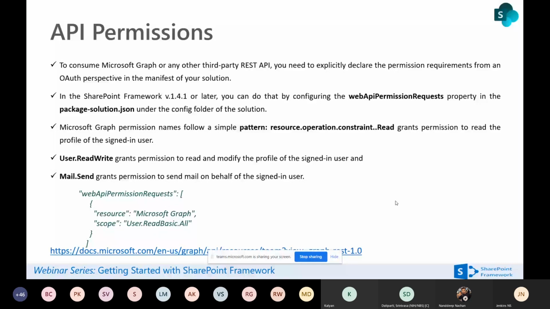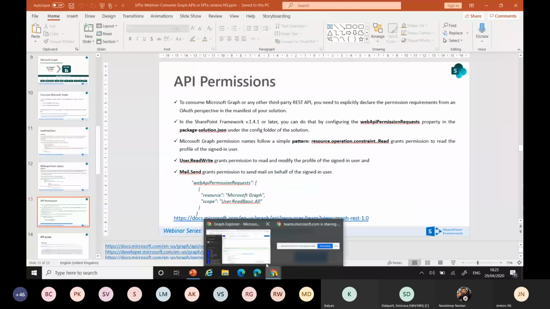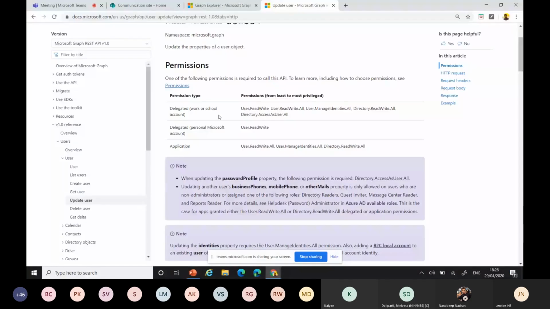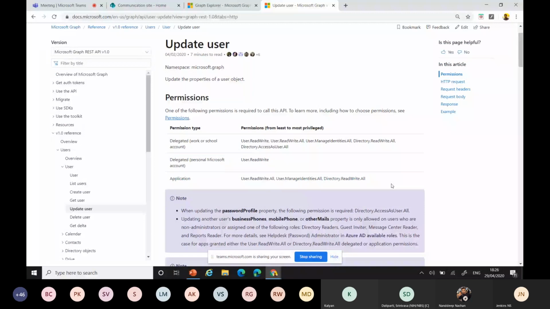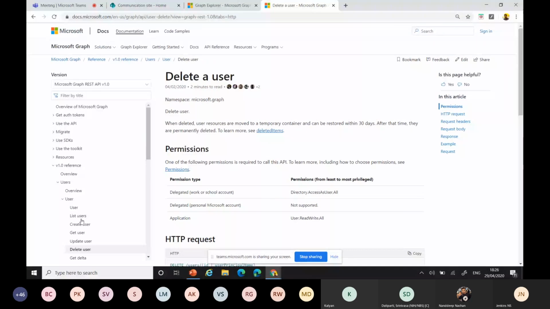Okay, this permission you need to refer to. I'll add the URL here also. I already told the same, right? Then you go here, you can see every item has a permission model, which permission they want to enable. After that, only then are you able to achieve whatever you are expecting. Otherwise, it won't work. You enable the permission, then only the Microsoft Graph API will be accessible from your web part. Okay.